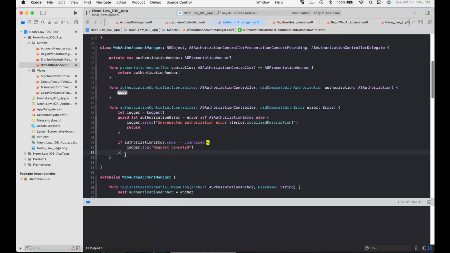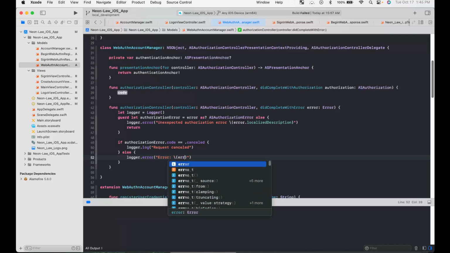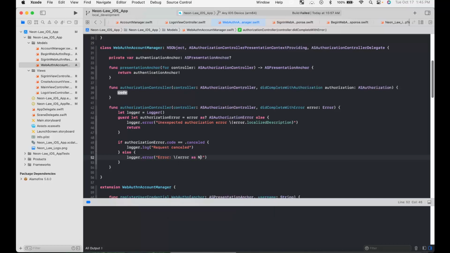Else we'll just do a regular error message, error, and then we'll have the error as NSError dot user